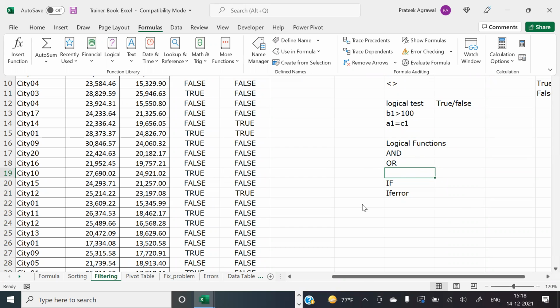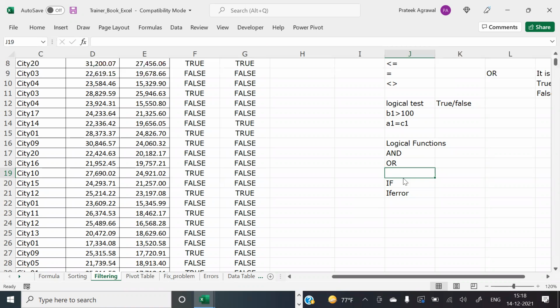One thing is, is it raining outside? And you say yes or no. That's the work of your logical functions and logical operators. But if you want to say to someone, if it's raining outside, carry an umbrella, that's the work of the IF function. That is the main difference between other functions and these two.